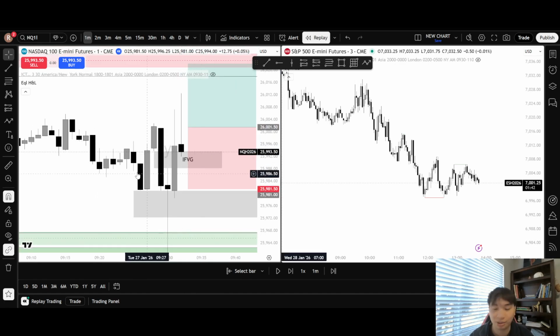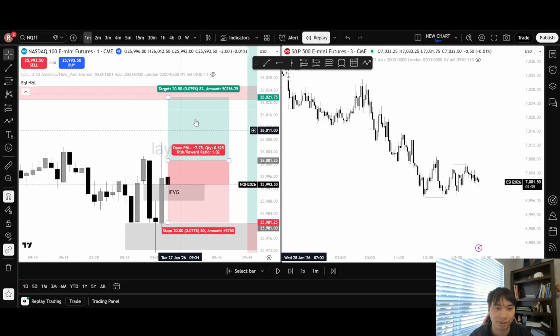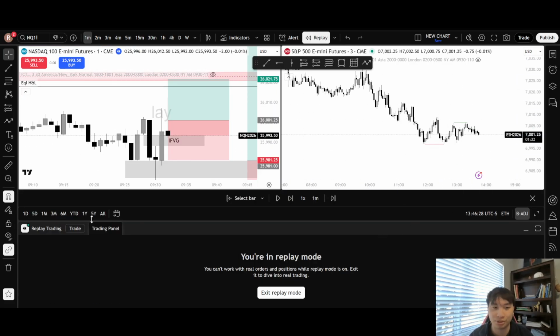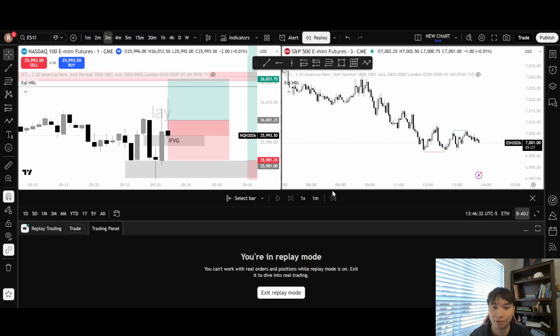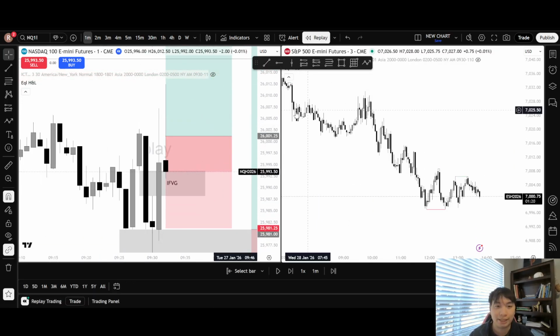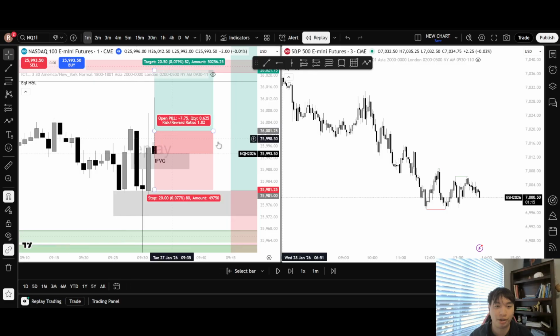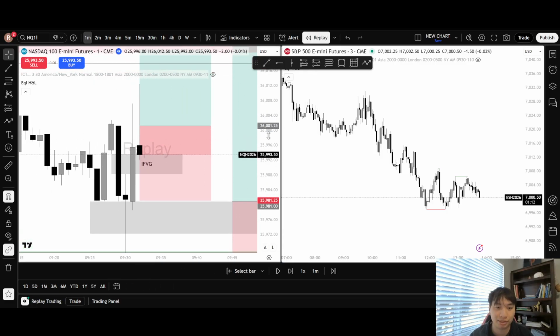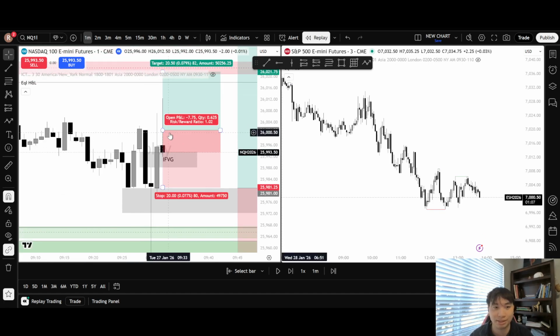Because at the same time, I was literally typing up the stop loss, the take profit. I was doing all these things with the trade option. Well, don't worry about that, I'm in replay mode. But I was literally trying to place a trade. I was trying to place my stop loss, and I entered where I basically over leveraged my size, which is not what you're supposed to do when you're a profitable trader. But I did it anyways.